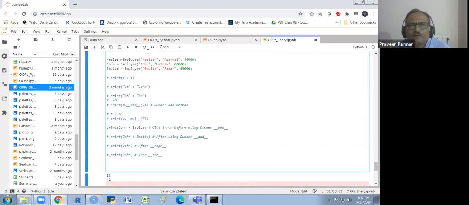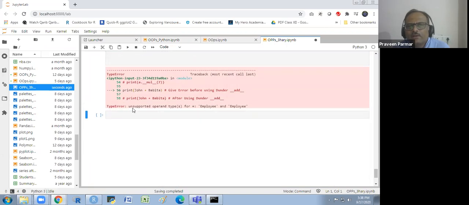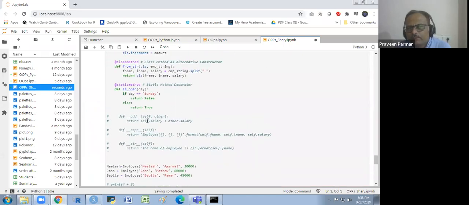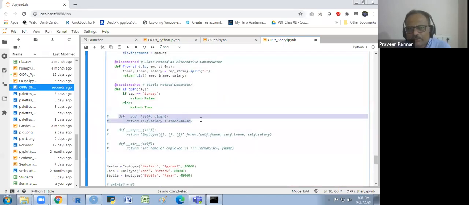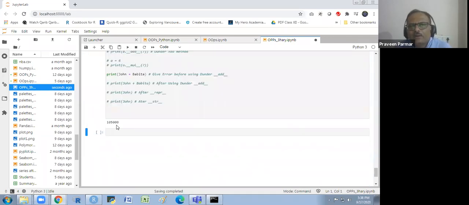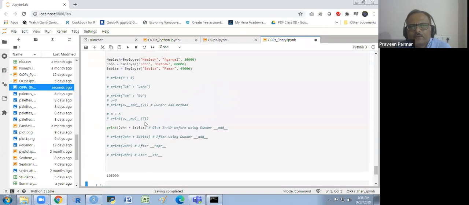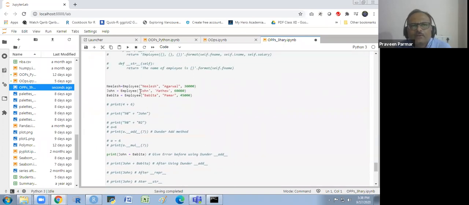If I run this now, you will see that I get unsupported operand type plus for employee and employee. So if I use this dunder method, then what will happen? Now if I run, I will get 1 lakh 5,000, because why is it not taking an employee? Employee Nilesh Agarwal 30,000 other.